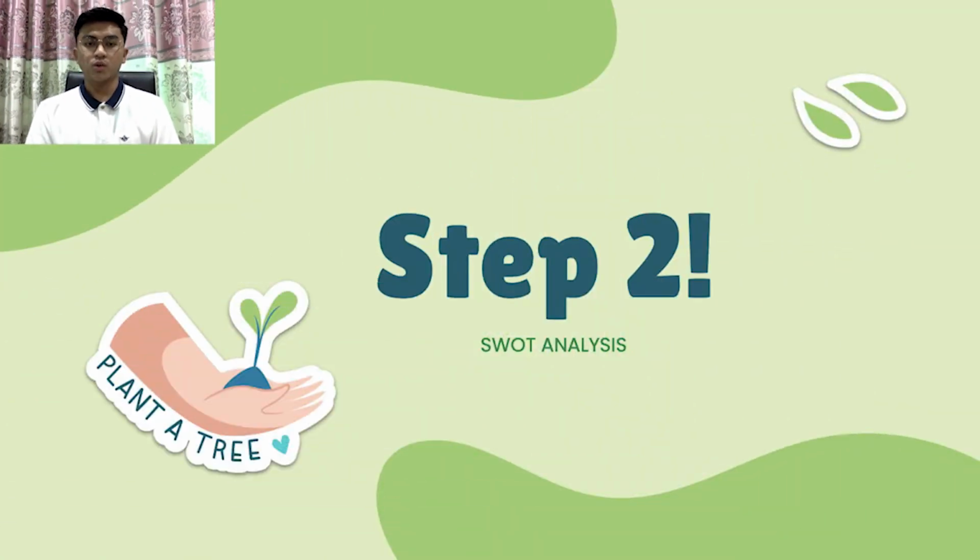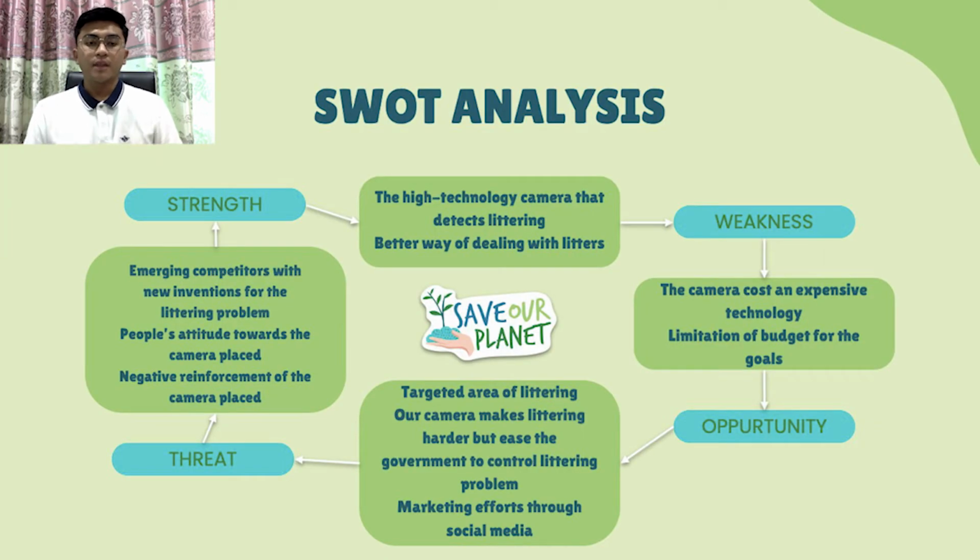I will explain more on step 2, which is SWOT analysis. Okay, the first one is strength. The strength of our product is that this is a high technology camera that can detect littering. Of course, this is a better way to deal with people that throw their rubbish away. And the weakness that we found in this product is that it is quite expensive because it comes from quite high technology,